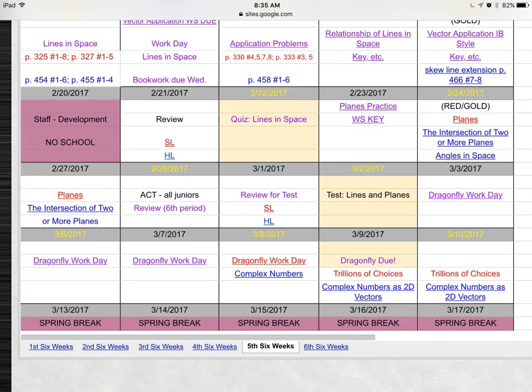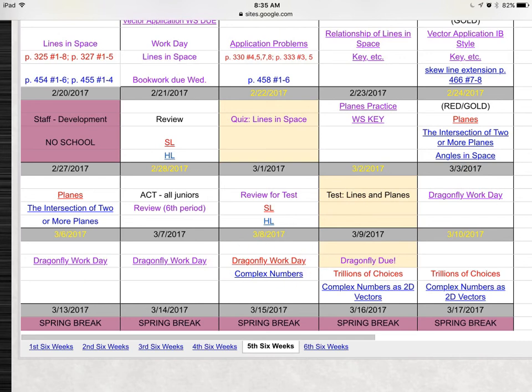Here is my thought on how the next handful of days are going to go. You'll notice over here, I had intended for the test just to be on Thursday, but many of you talked me into allowing you to take it Friday, so I didn't change it on the calendar. But if you're testing on one of these 2 days, that's fine, but then that does restrict the number of days you have to practice or to get your work done. SL, the red is SL. SL has 1 extra day